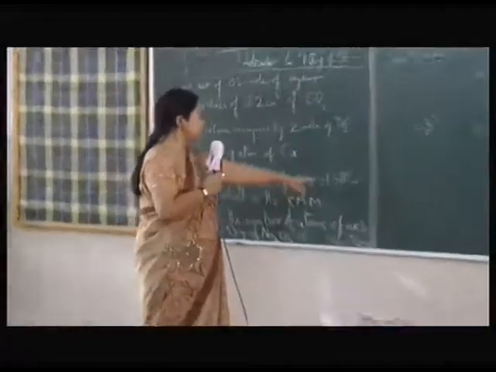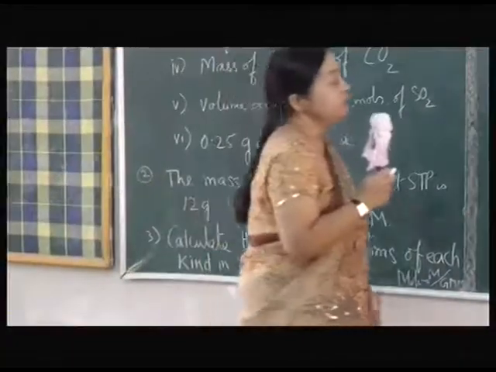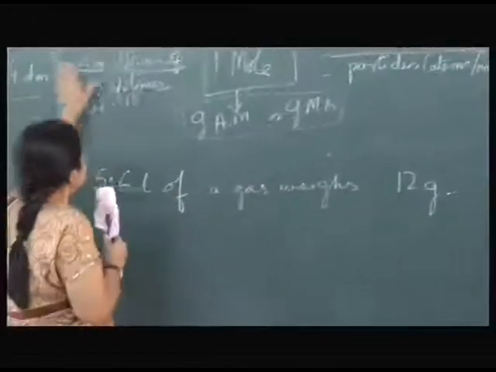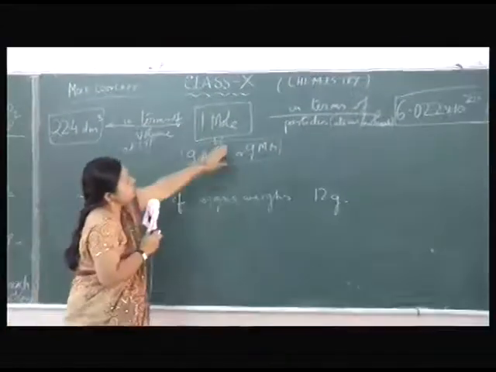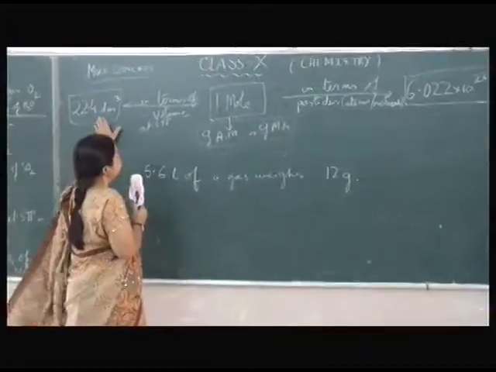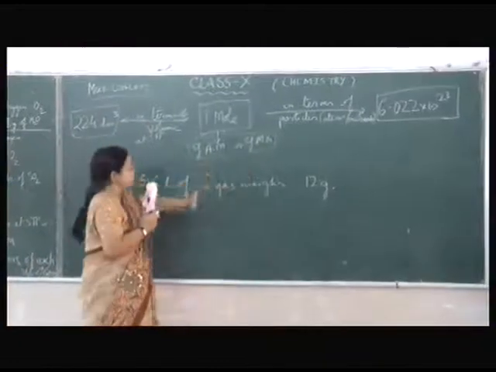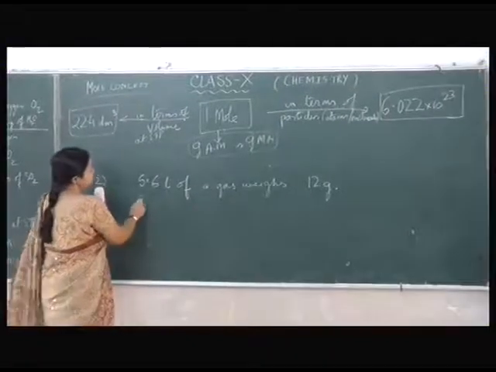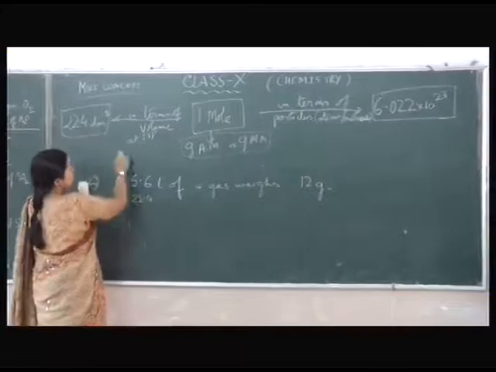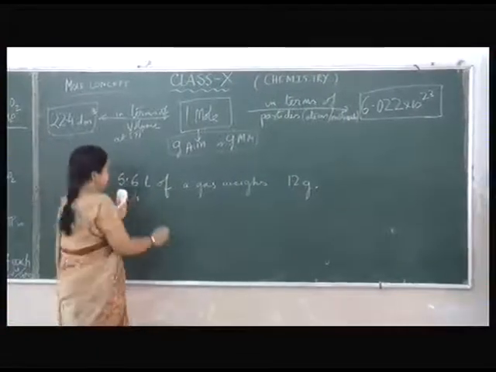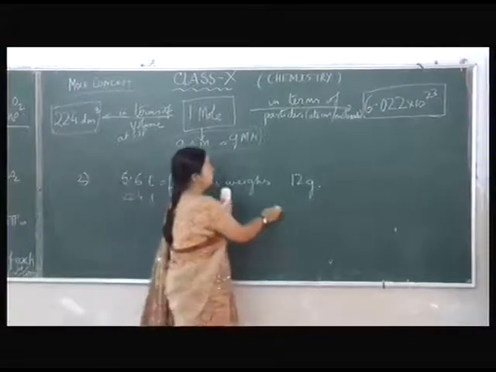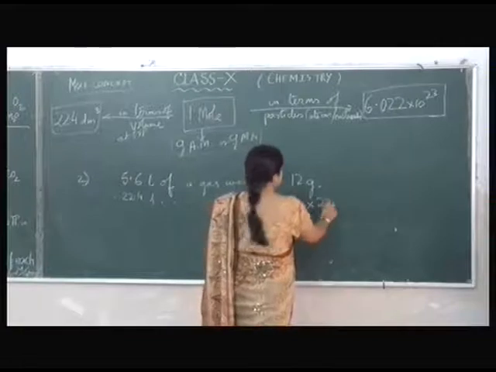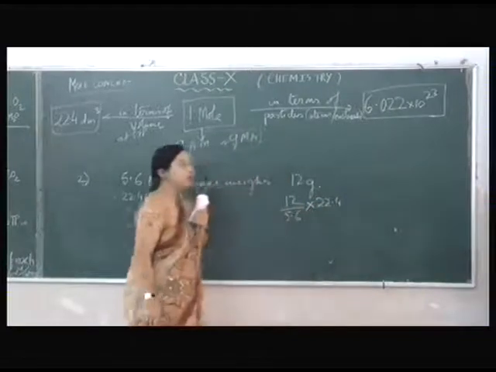Mass of 5.6 liters of a gas at STP is 12 grams. What you have to find is the gram molecular mass. Only 22.4 liters will be giving you the gram molecular mass. Whatever is the weight of 22.4 liters, that is the gram molecular mass. So if 5.6 liters of a gas weighs 12 grams, then what will be the weight of 22.4 liters? 12 upon 5.6 into 22.4. That will be the gram molecular mass of